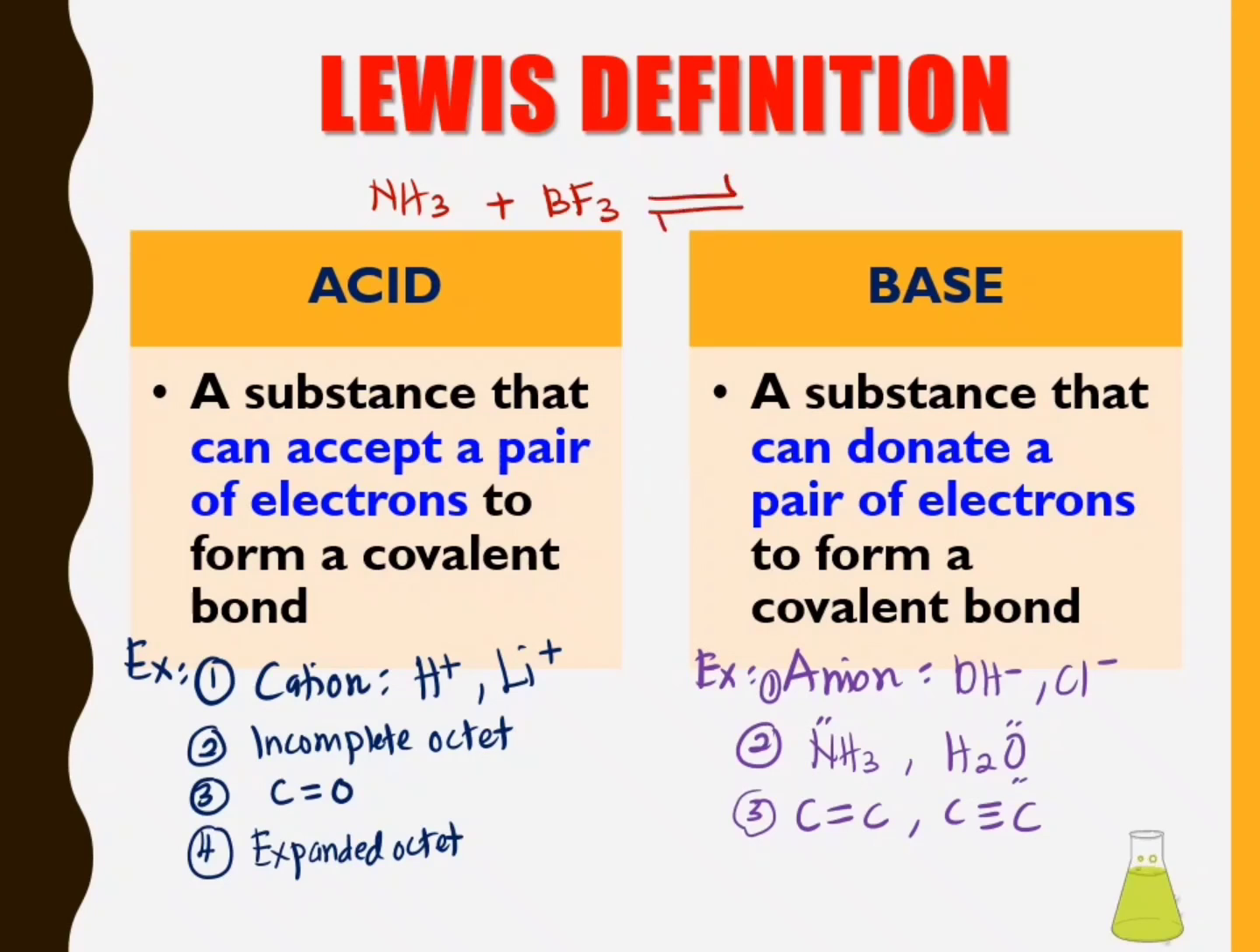Siapa yang nak donate elektron, siapa yang nak accept elektron? Okay, so what we need to do, we need to draw the Lewis structure. Baru tahu kan? Okay, for NH3, I draw the Lewis structure here. So it consists of one lone pair here. Okay, and then for BF3,